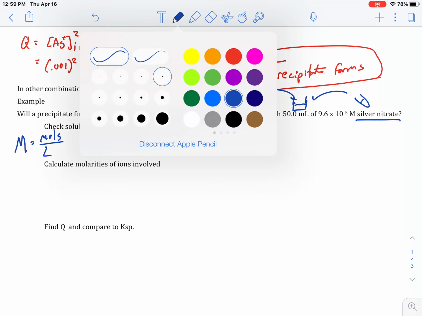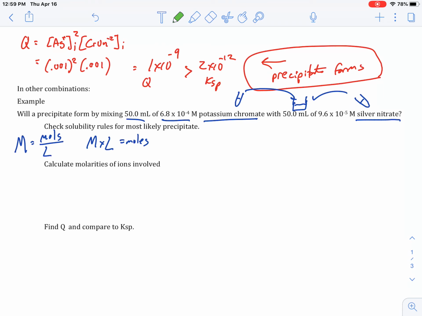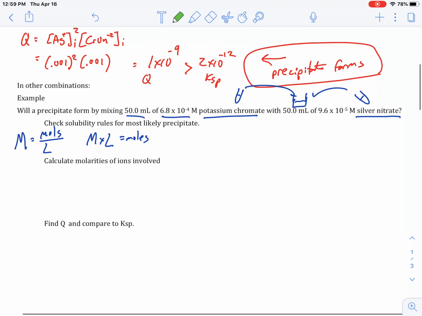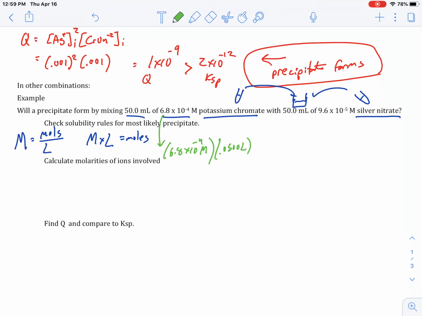So for the first reactant, we're going to take the molarity, 6.8 times 10 to the minus 4, and multiply it by its volume, 0.05. Let's go ahead and crunch that. So that's 3.4 times 10 to the negative 5th